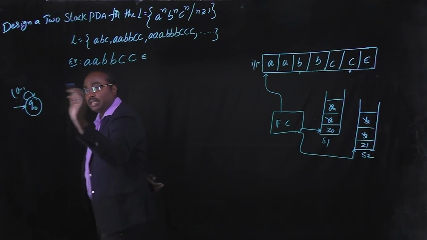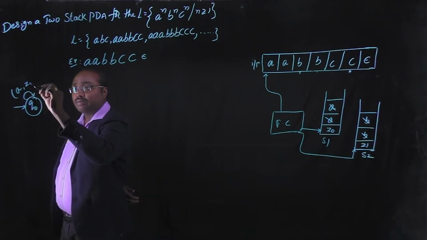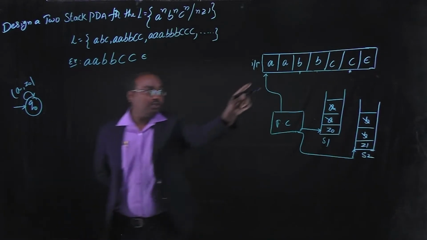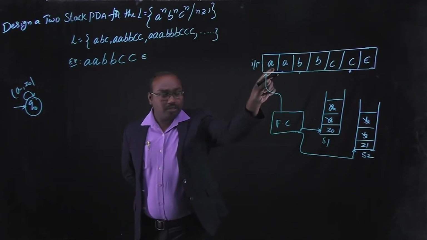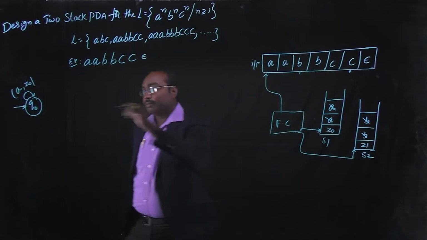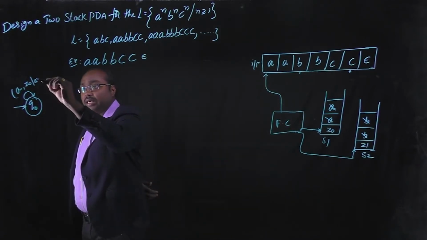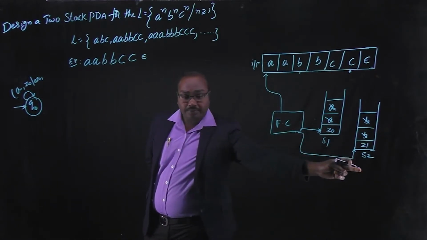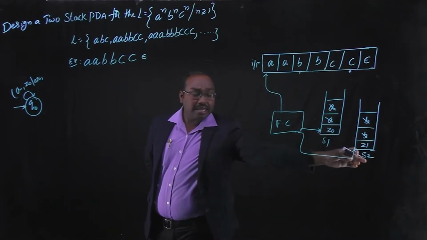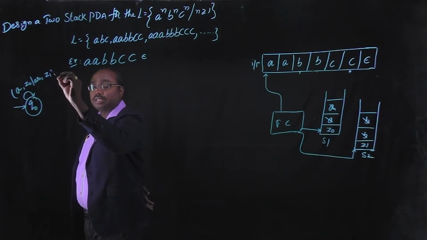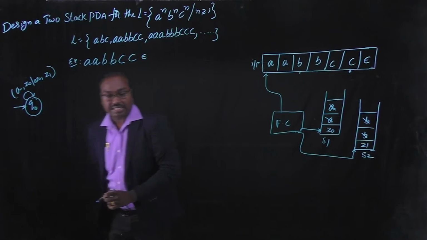If the input symbol is A and stack 1 top of the element is Z0, what will we do? First, read all A's. So the element A should be pushed onto stack 1. That means A Z0. And what about the second stack? For reading A's, stack 2 will be idle. That means the top of stack 2 remains Z1.